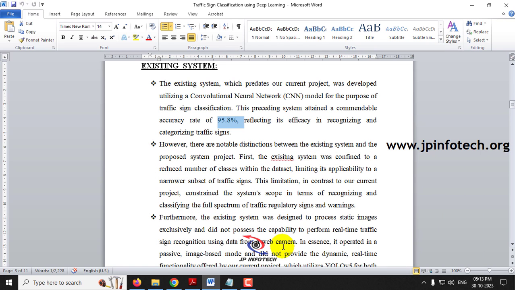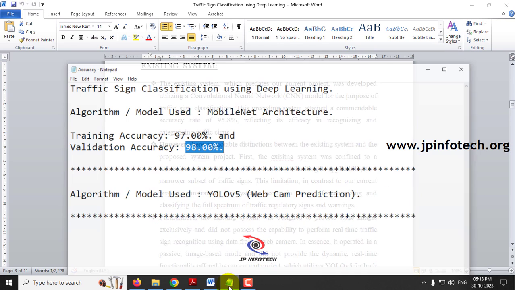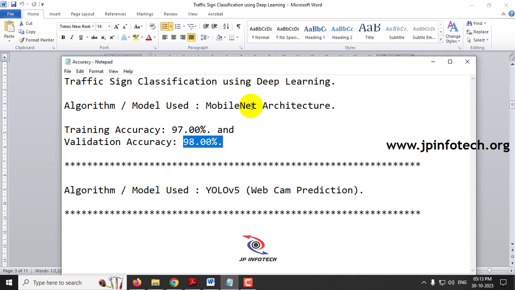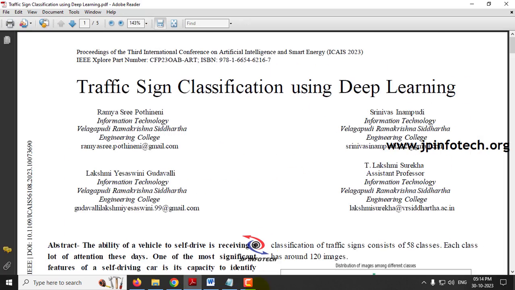So we have improved the accuracy, and we have also improved the model by using 2 different models, and we improved the classes. In the traffic signs, we have used more classes than the existing system, and we have also used a real-time web camera rather than only images. So these are the various improvements that we have made over the base paper.